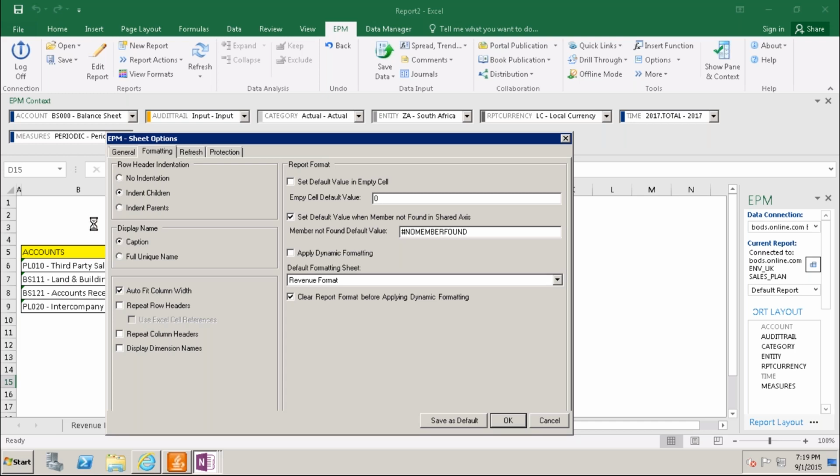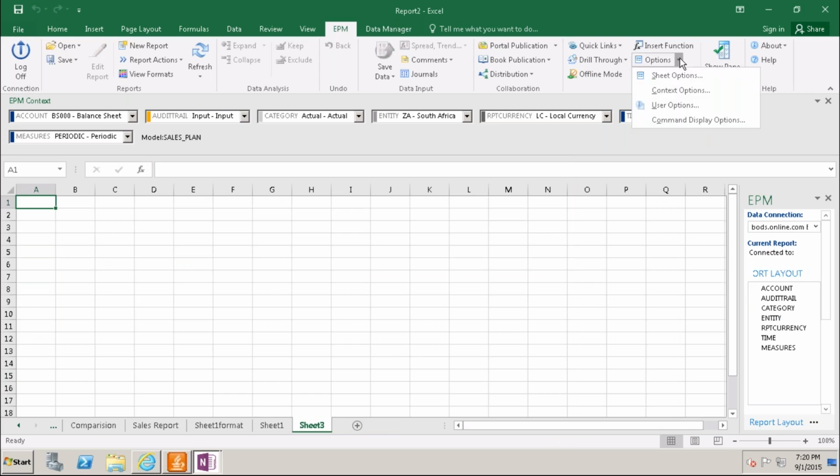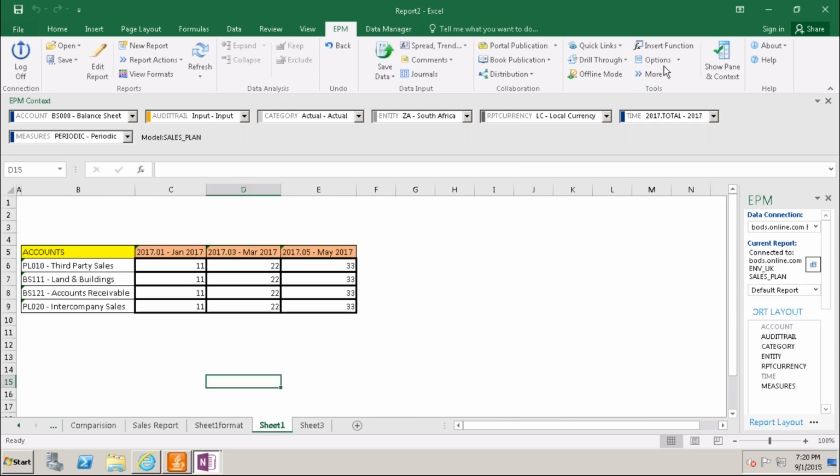If you have different sheets in the workbook, then the edit report works for all the sheets, the entire workbook, whereas these are sheet options only. If you have another sheet, these sheet options will work for this sheet, and this report will work for this report. The same thing is here, but the edit report will work effectively.